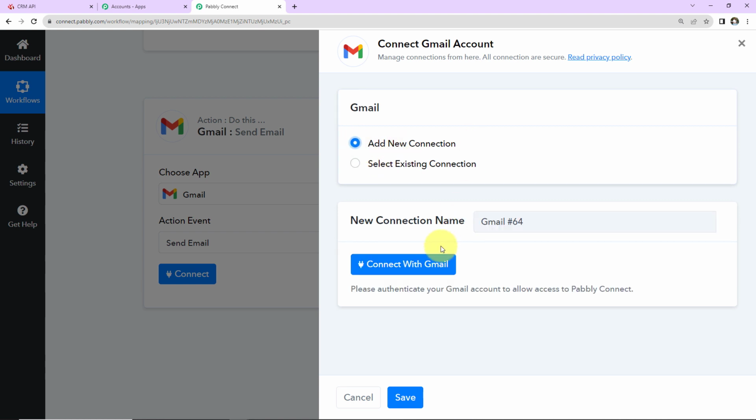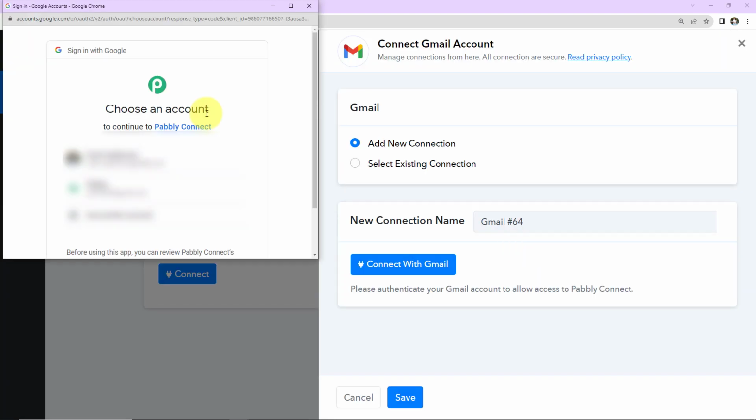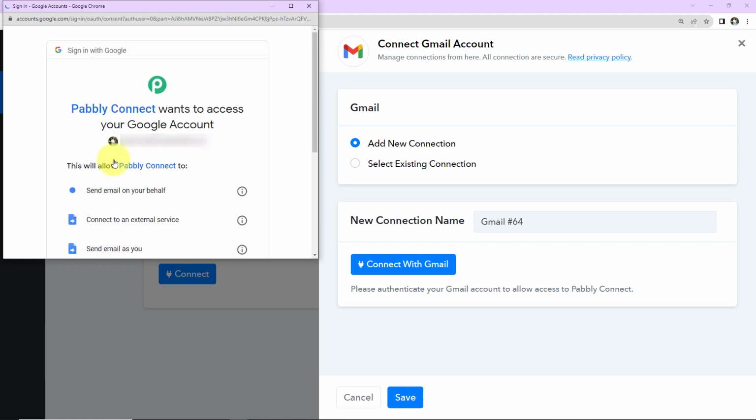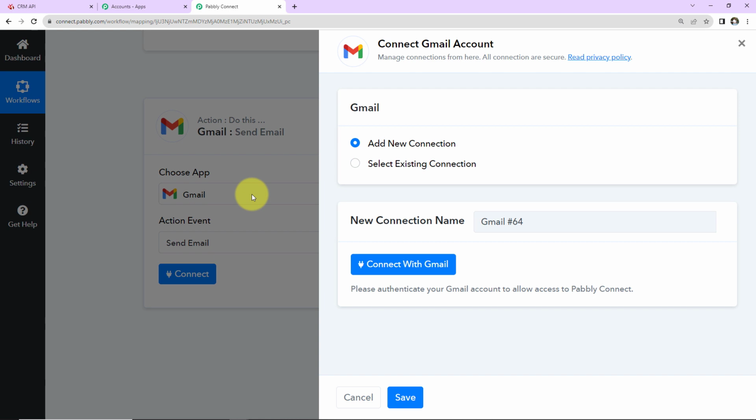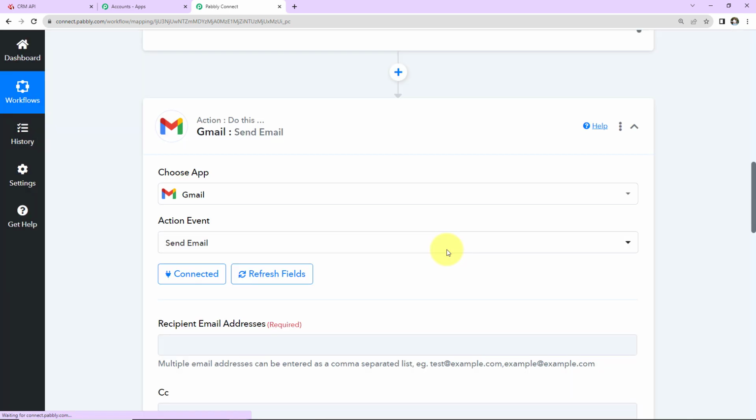I have selected Add New Connection, Connect with Gmail. Now here we have to choose an account with which my Gmail account is linked. So here I have done the same. And now you can see Pabbly Connect wants to access my Google account. So I'm going to click on Allow, as this is absolutely secure. Once done, we can see that the authorization has been successful, which means that Gmail and Pabbly Connect are properly